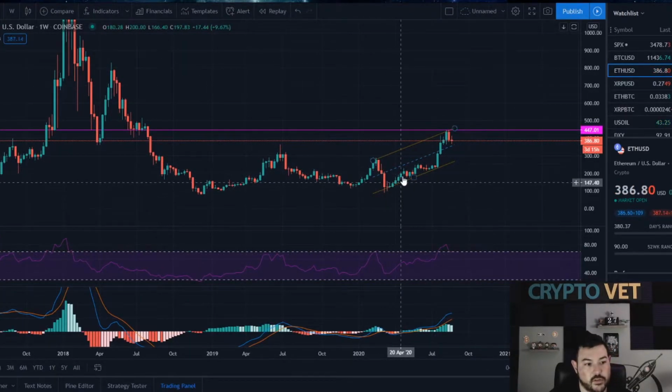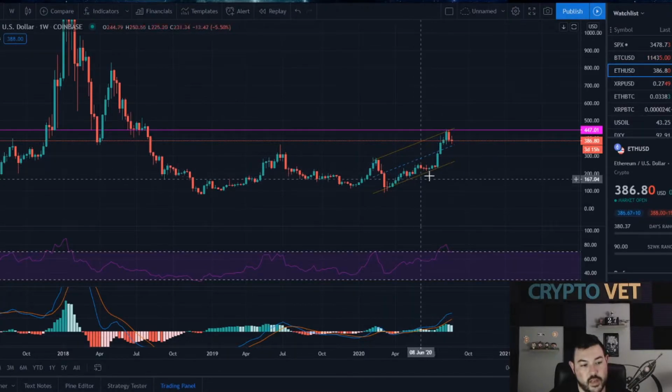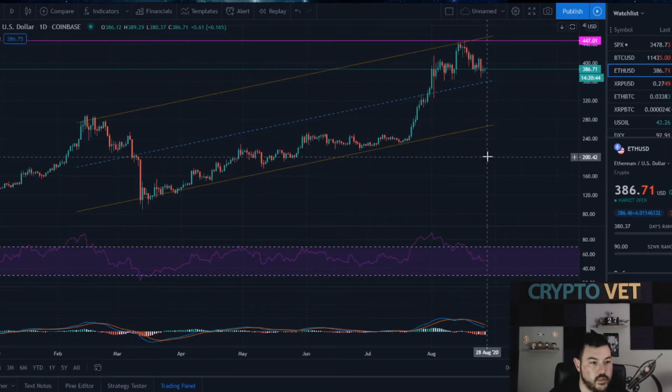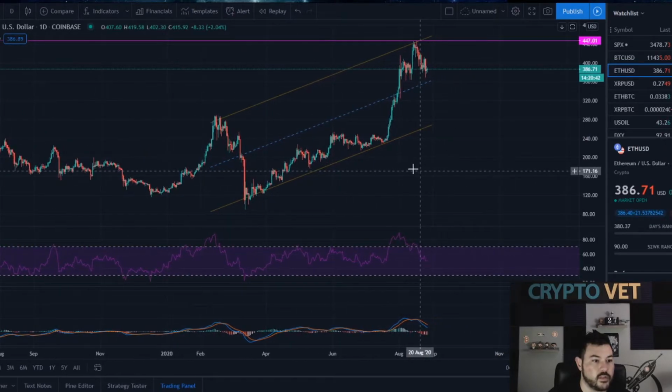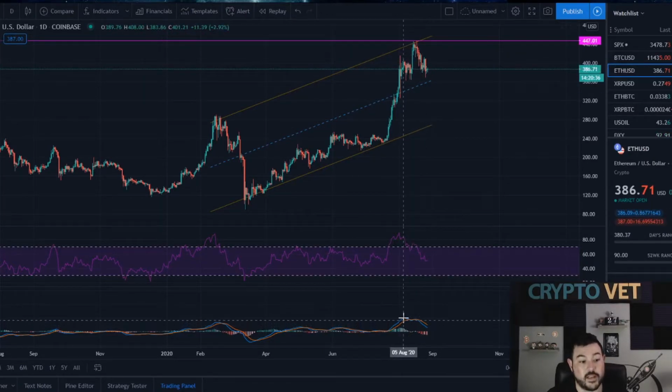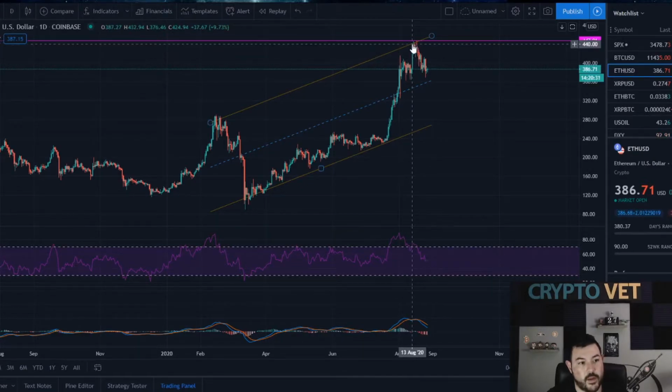So the last thing here is we also kind of have like this little W here. We're setting higher lows, and we have set a higher high. We're just kind of seeing where it goes. So if we move to the daily here, let me get this all zoomed out. You can see that we had that crazy rally that came up, but we actually broke below. Our MACD crossed when we come up to this point here, and even after we got back up, we're starting